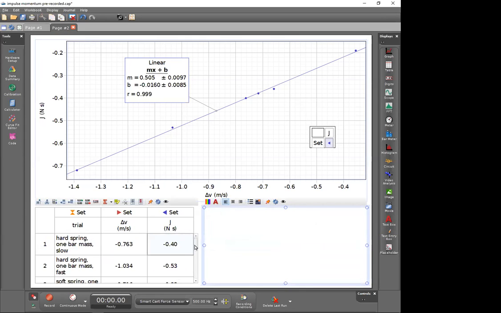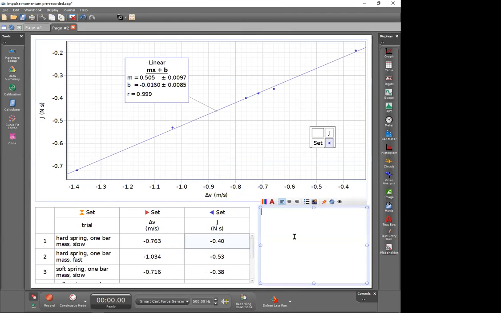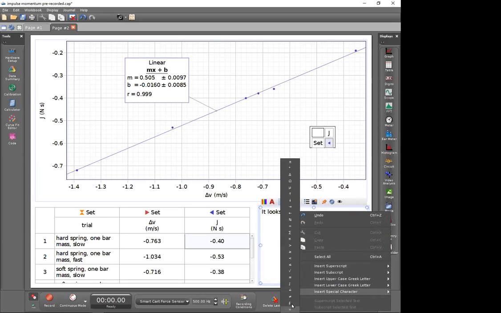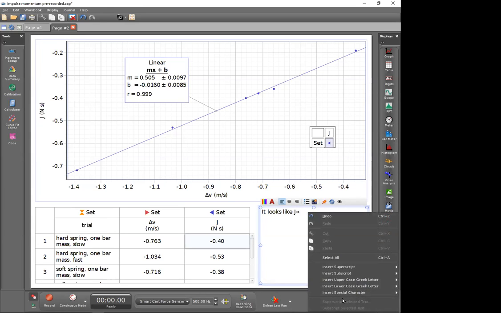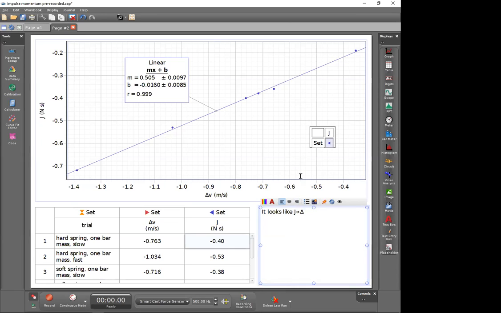I'll drag and drop it here to the right of my table, and I could begin typing my results or my comments. It looks like J, the impulse, insert special character, is proportional to delta V with a proportionality constant of mass. So we seem to be trending toward this idea, for which we could do further experiments, that maybe